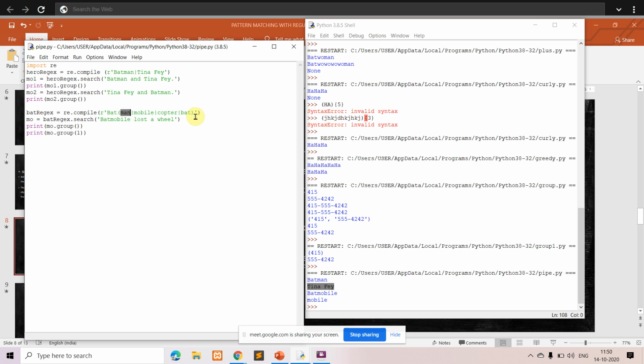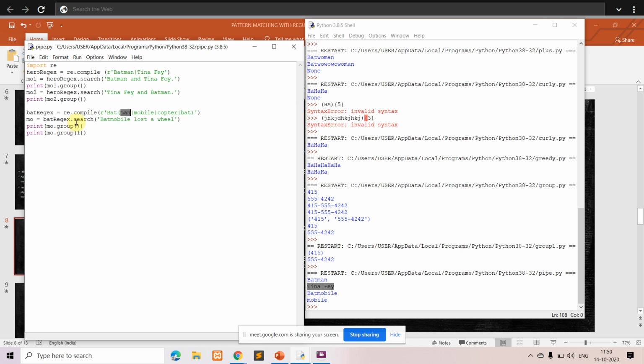If you want to match either Batman, or Batmobile, or Batcopter, or Bat, you can write the expression this way. Bat is common, and the other things you write inside the parenthesis with a pipe symbol. Pipe means any of these can be considered.